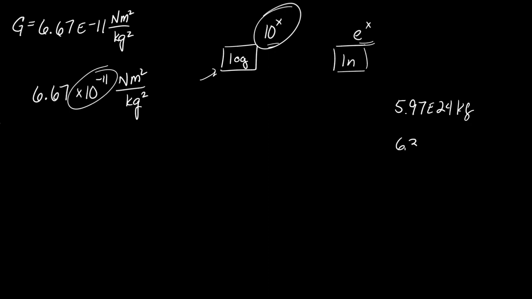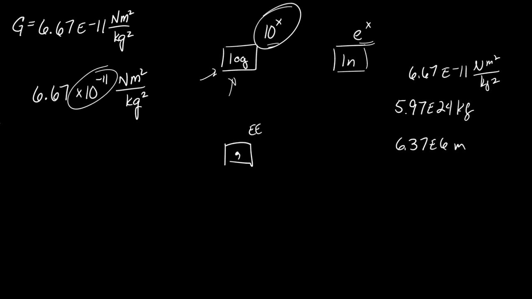And its radius, 6.37 times 10 to the 6 meters. And you're going to have to do all sorts of work with them, like square them and multiply them by other numbers. And don't forget, 6.67 times 10 to the negative 11th newtons meter squared per kilogram squared. You start putting all that into your calculator and you start using this number, it's all going to be screwed up. So find this. Find your